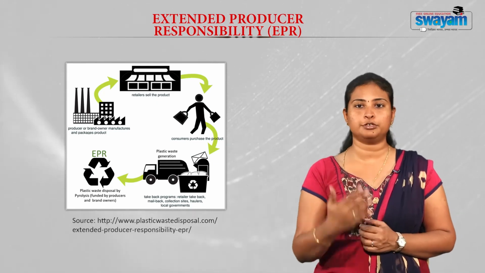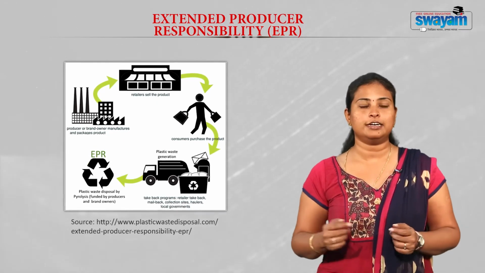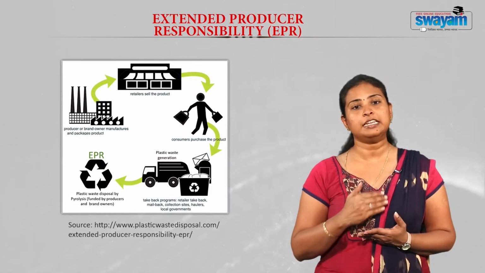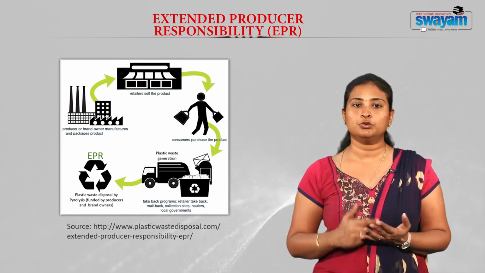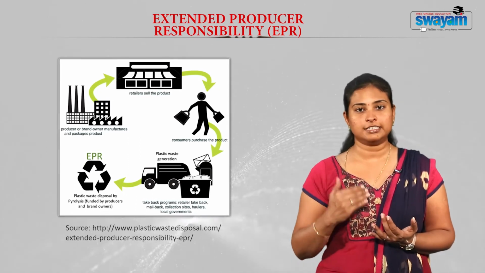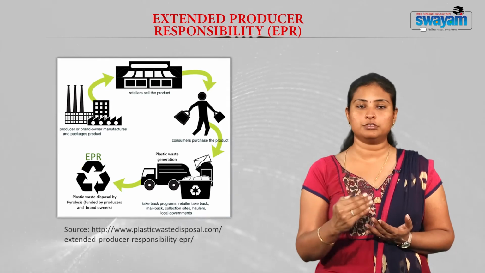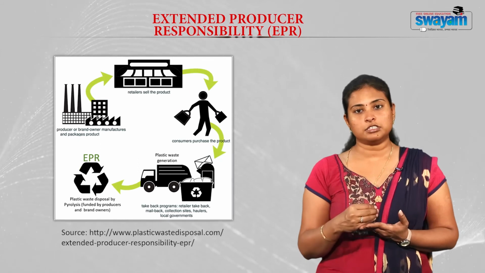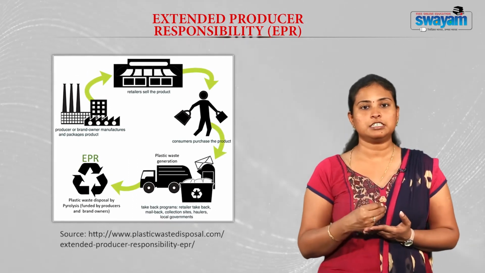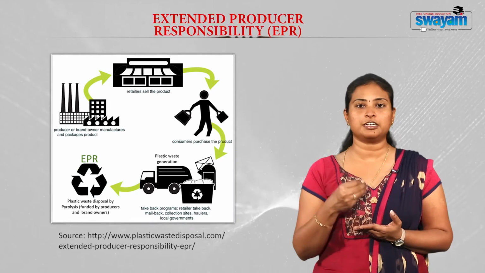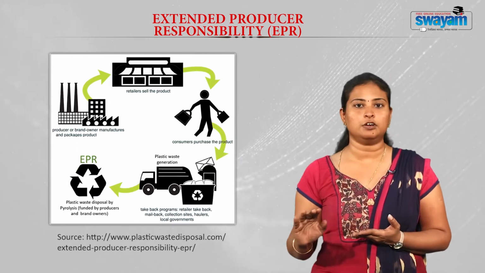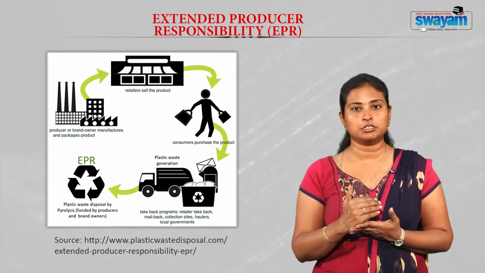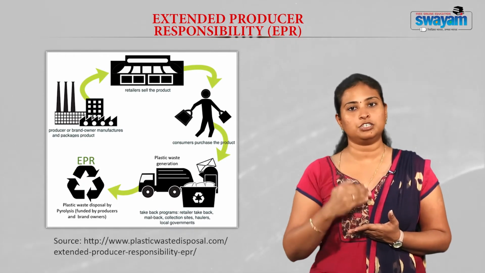is the extended producer responsibility, in short called EPR. Now, it is a strategy that is used by many of the industrialized nations to promote reuse, recycling and environment friendly disposal option for waste. Now, the extended producer responsibility generally assigns responsibility of disposal of the waste to the manufacturer of the goods. Here the government is not involved, the manufacturer is held responsible for proper disposal of the waste that he generates.